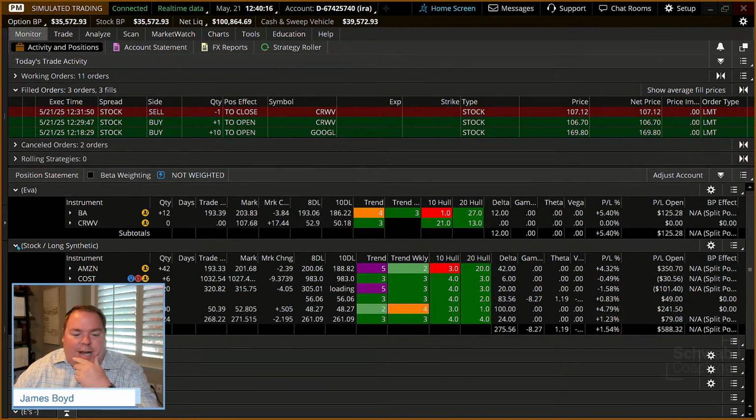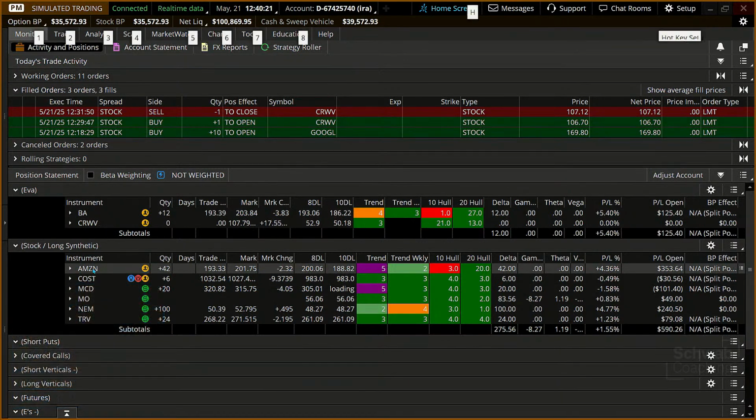So let's say I said to you, hey, how do we use this? We're going to go look at Amazon for just a second. And what you're now going to notice is we see a trade price, we see a mark level, and we see that the mark right there is very, very close to that 8-day low. Now, let's hypothetically say that, hey, James, that stock right now gets below $200.06. Well, if the investor says, that tends to be my stop, that would be an alert visually to say, wow, where's my stop? Is it on? Have I adjusted it?